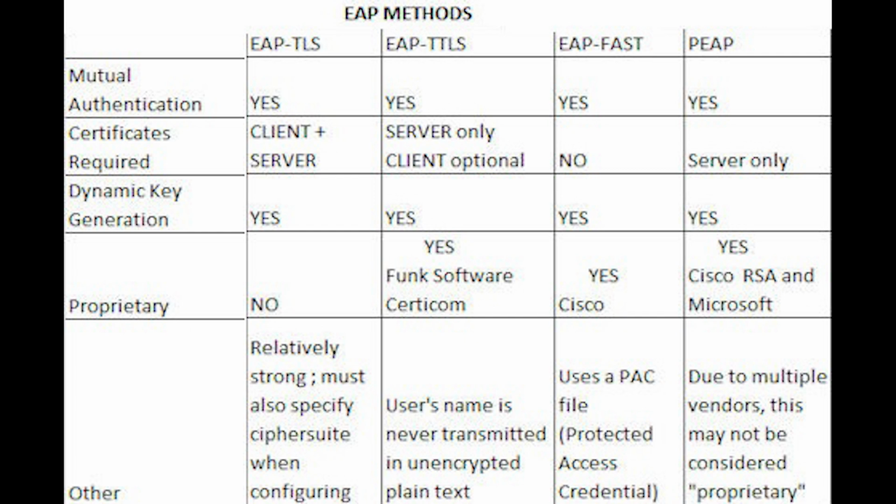Once again, the EAP authentication framework has various authentication methods available, with most of them being based on TLS due to security requirements. First, we have EAP-TLS. This protocol method uses the TLS public key infrastructure certificate authentication mechanism to offer mutual authentication of the supplicant to the authentication server and vice versa. It requires that both the supplicant and the authentication server be issued a digital certificate signed by a certificate authority